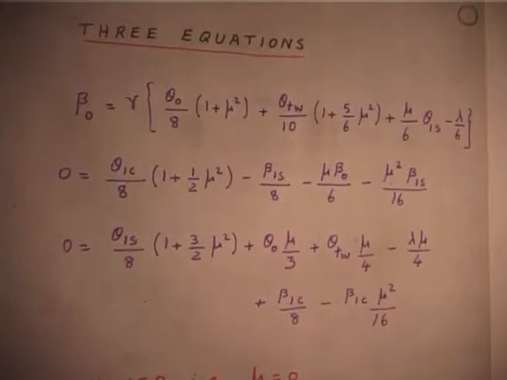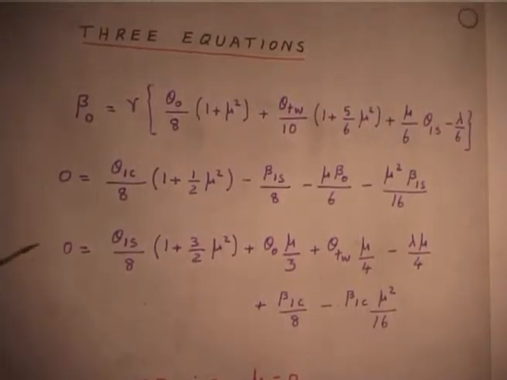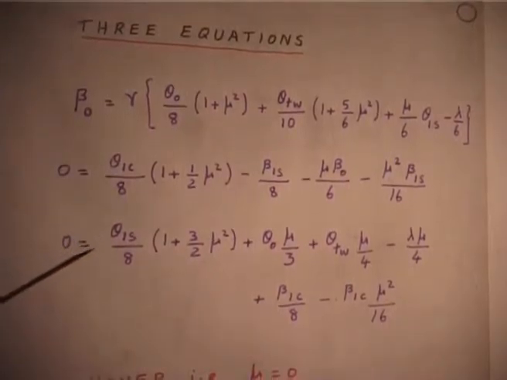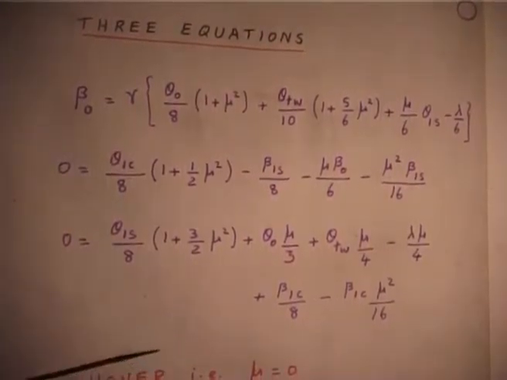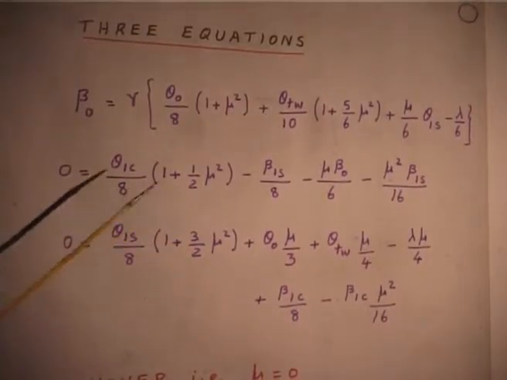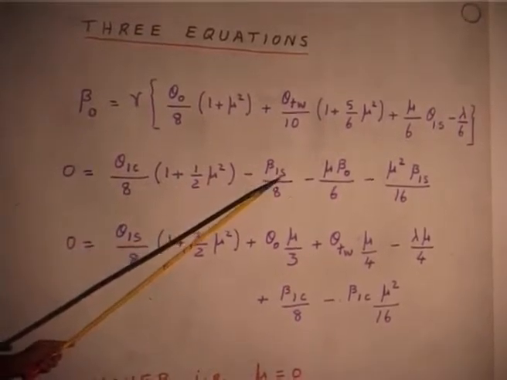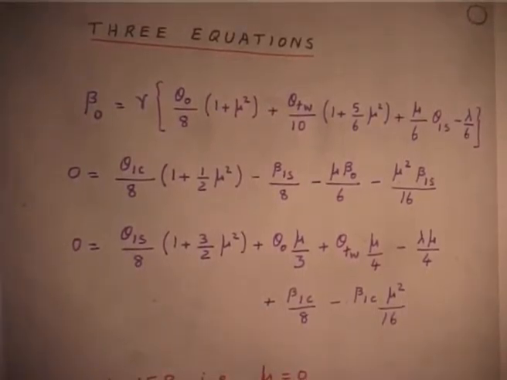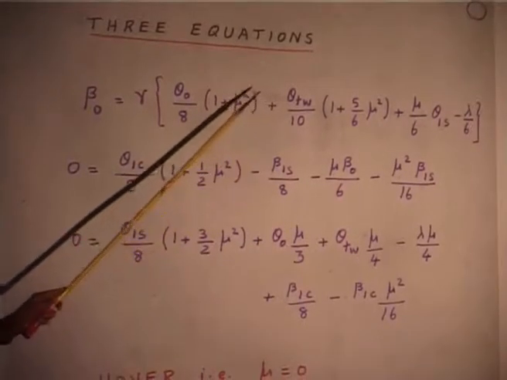Okay, lambda should be known before you come to solving these three equations. Please understand, before you solve these three equations to get beta naught, beta 1 s, beta 1 c, you must know what is the lambda,